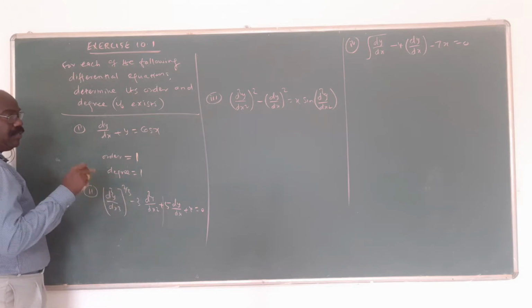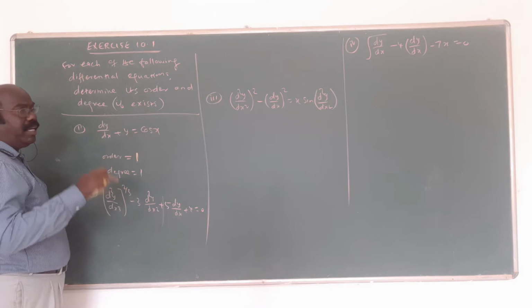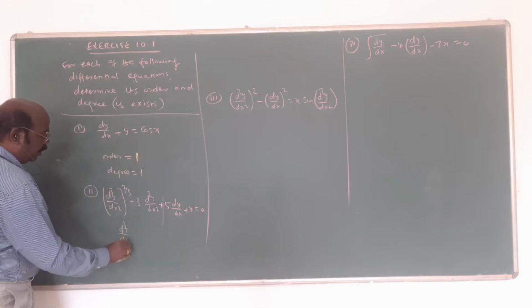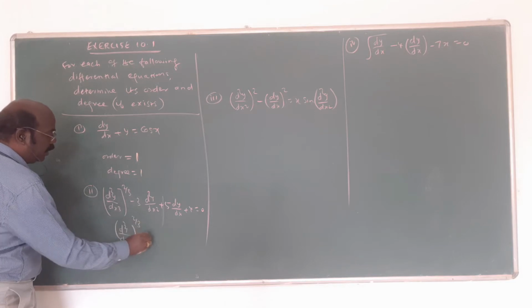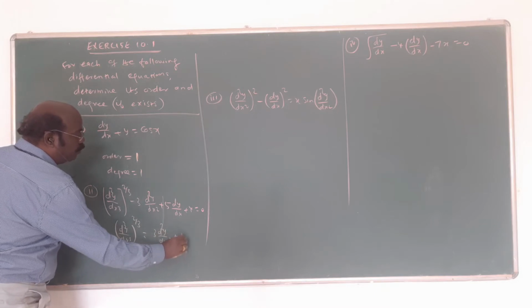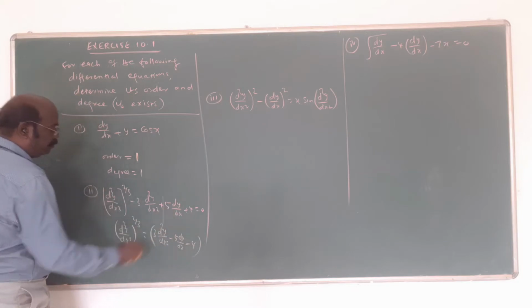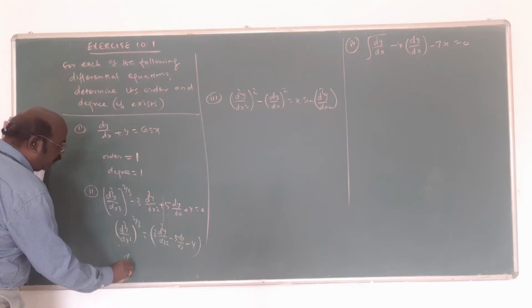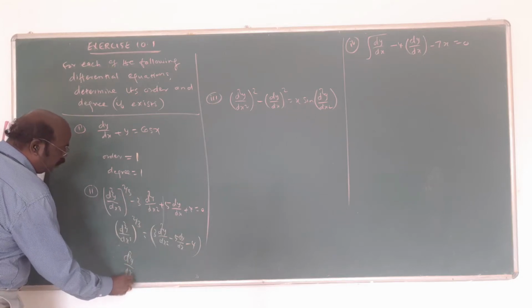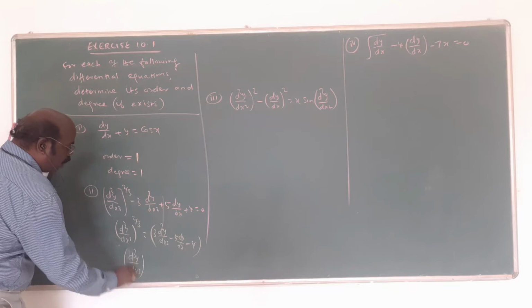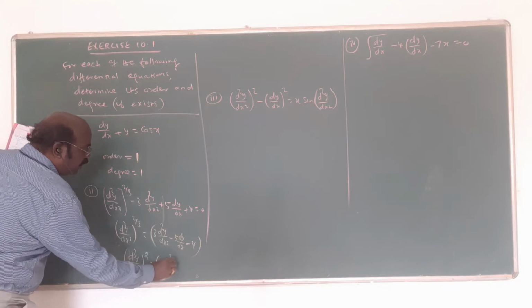In the differential equation, dy by dx, d squared y by dx squared, d cube y by dx cube having fractional powers, first remove the fraction. That's why d cube y by dx cube whole power 2 by 3 equal to the other side, 3 dy by dx squared minus 5 dy by dx minus 5. We don't want the 1 by 3, so take the cube on both sides. The cube on both sides means d cube y by dx cube squared will come.